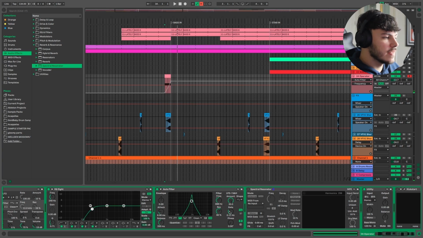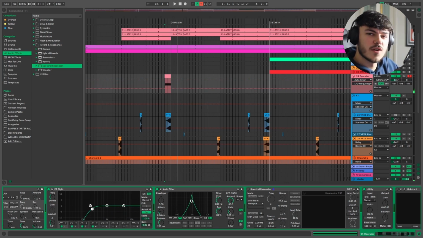But if we change the rate then, you start to create those really cool build-up laser effects. So now you can actually get some really cool manual sounding effects by mapping a few of these parameters to